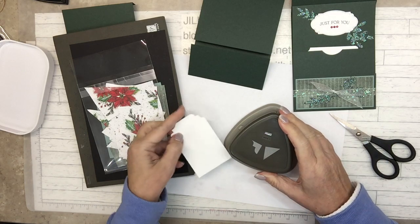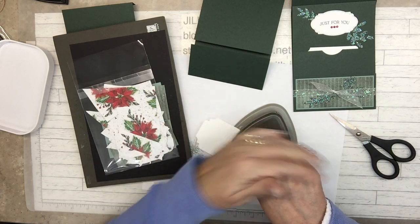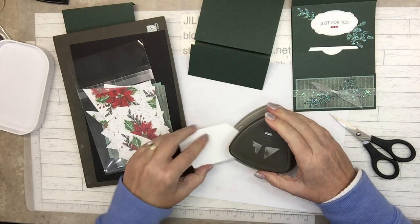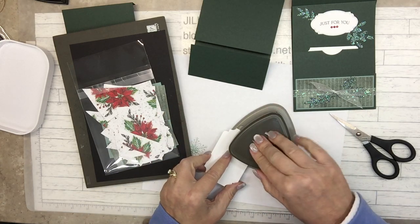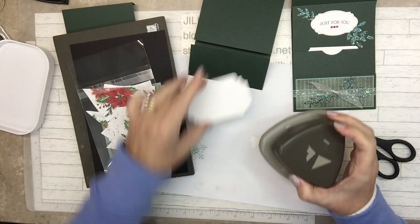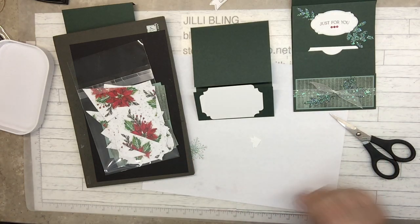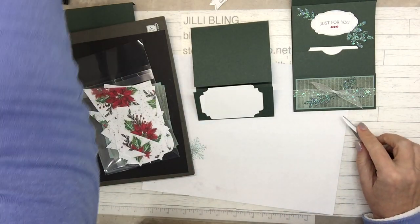Or you could just go out and buy a gift card and consider it done. Unless you want to do a personal one like, I'll make you dinner, or let's go out to a movie or something. Okay, all 4 corners. Look at that. Isn't that cute? Okay,